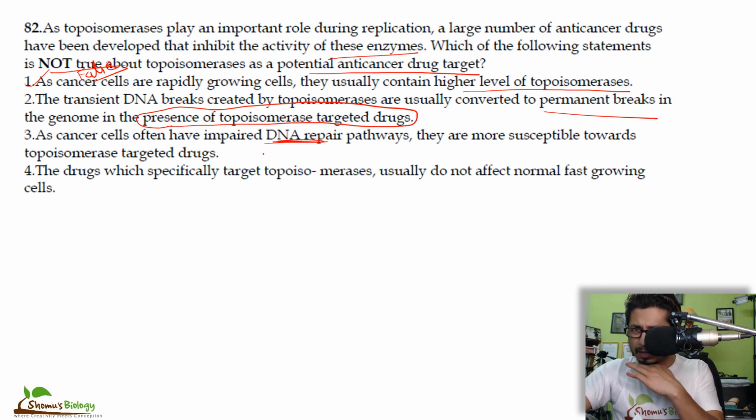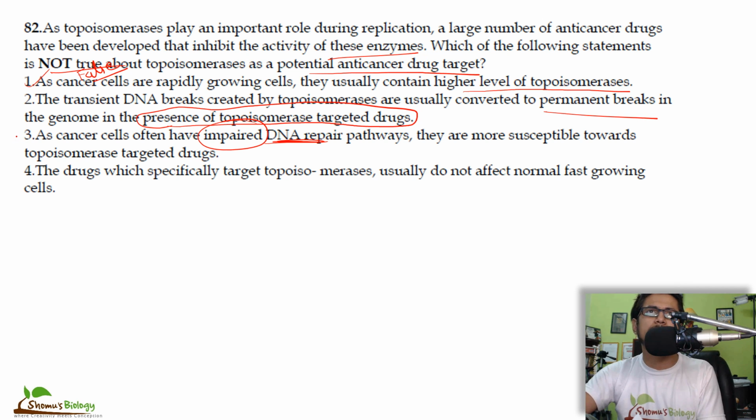To go with the continuous DNA repair pathway or conventional DNA repair pathway. So they have an impaired version of the DNA repair pathway, so they are more susceptible towards topoisomerase targeted drugs. The drugs which specifically target topoisomerase usually do not affect normal fast growing cells. Now this should be our prime criteria if we are developing a drug against the topoisomerase activity to prevent cancer,